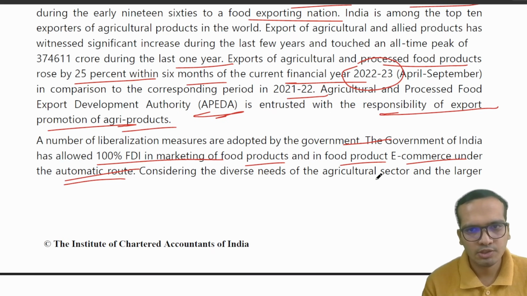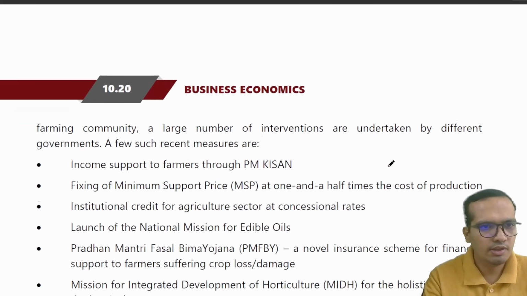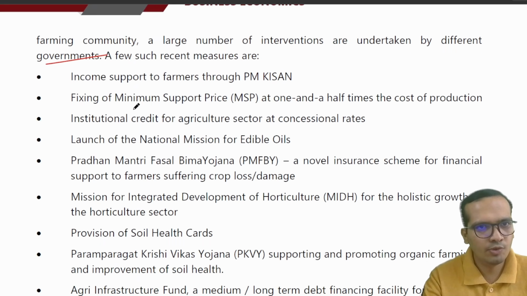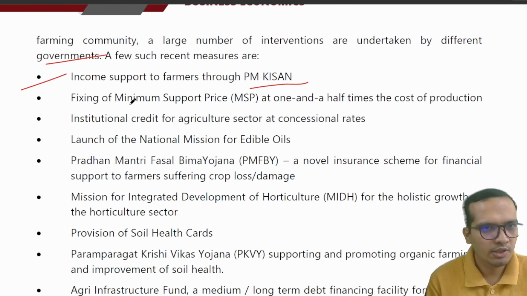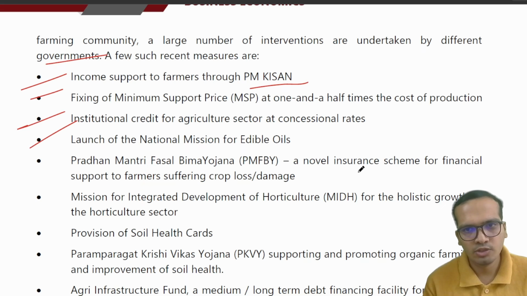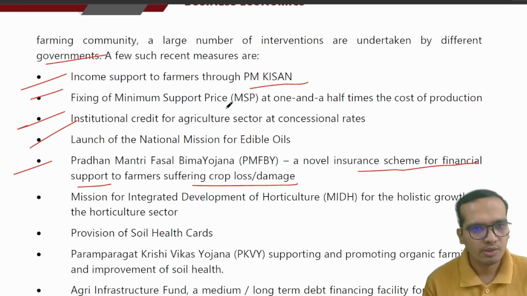Considering the diverse needs of the agriculture sector and the larger farming community, a number of interventions are undertaken by different governments. A few recent ones are as above. Income support to farmers through the PM Kisan scheme, fixing of minimum support price MSP at 1.5 times the cost of production, institutional credit for the agriculture sector at concessional rates, launch of the National Mission for Edible Oils, Pradhan Mantri Fasal Bima Yojana PMFBY, a novel insurance scheme for financial support to farmers suffering crop loss or damage,